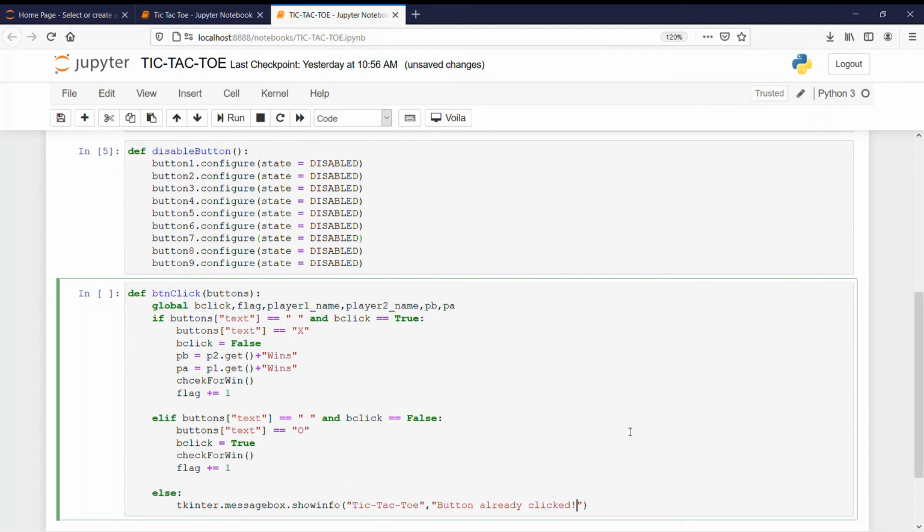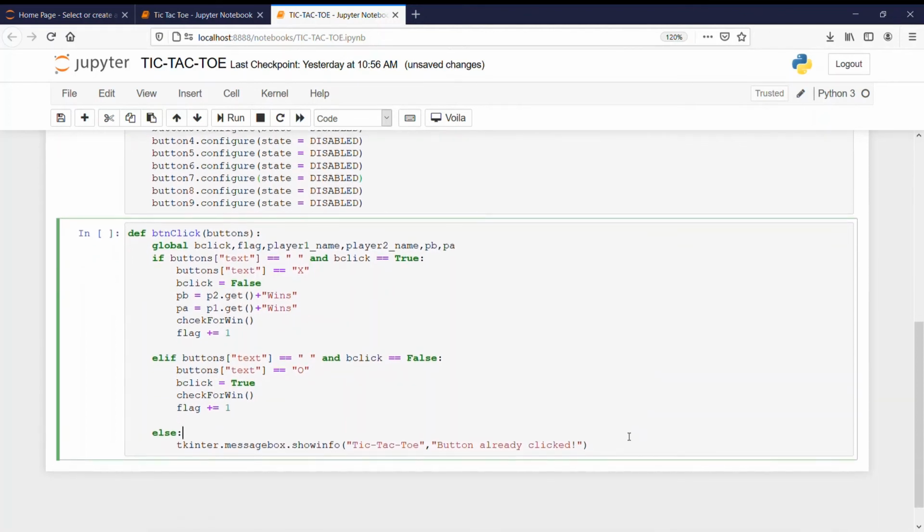So this will be called when the button is already clicked, then a dialog box will appear that will show button is already clicked.